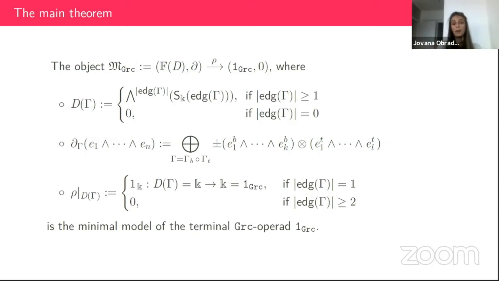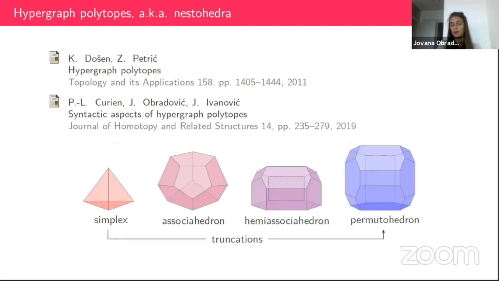Okay, so the family of polytopes that we shall consider are called hypergraph polytopes, and geometrically they may be characterized as truncated simplices in arbitrary dimension. For example, in dimension 3, we start from the tetrahedron, and we are allowed to truncate its vertices and its edges. By successively making these truncations, we reach the permutohedron as the limit case for which all the truncations have been made. And then the polytopes in this interval of truncations from simplex to permutohedron are called